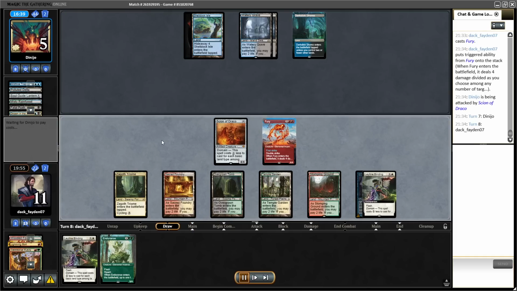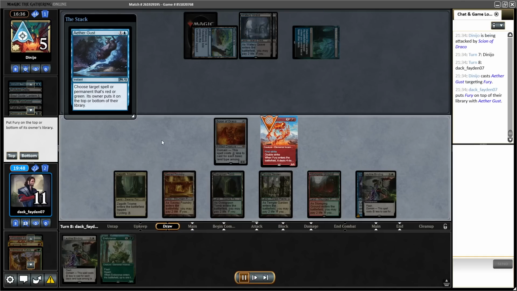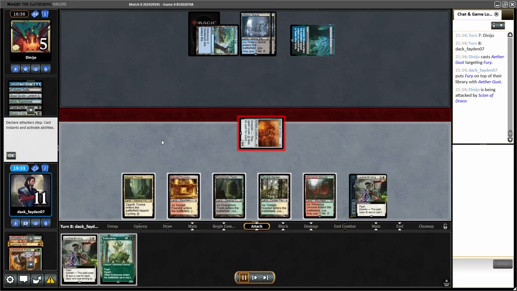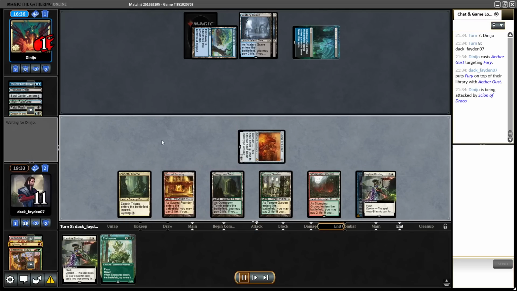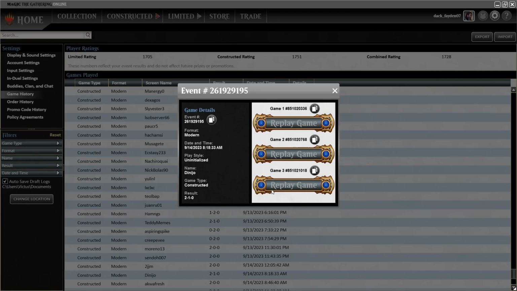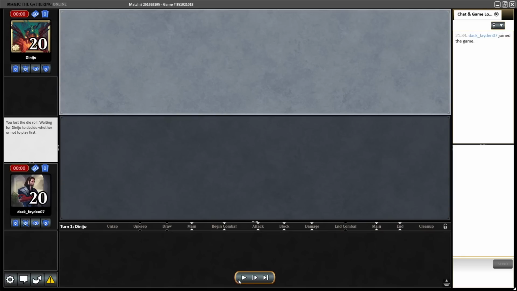Opponent trying to survive. I have too many cards at this point. I already also had Endurance, but really there's no point in playing it. But I have just 3 cards in my graveyard, and opponent didn't find a solution for Scion, and they concede. That's it. Okay, so let's check out game 2 or game 3 because